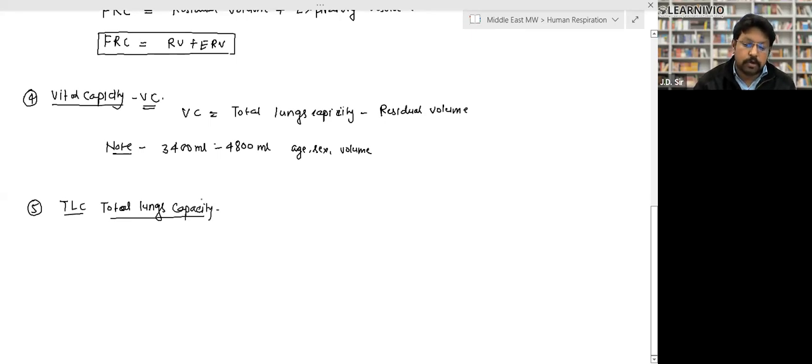Note it down. Total volume of air present in lungs